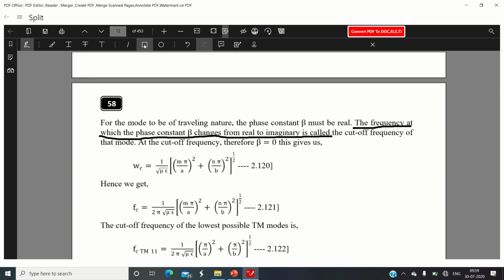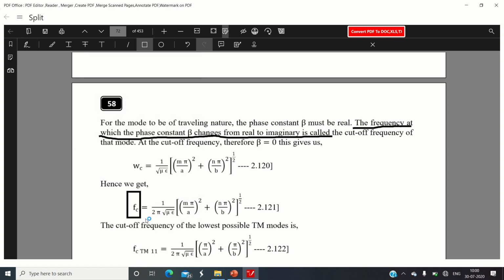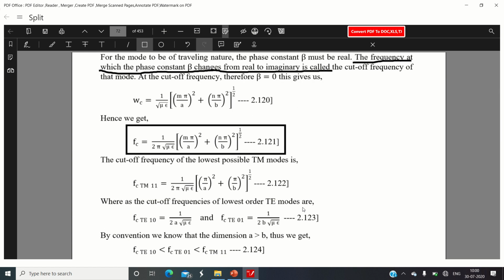So here we get a very important equation of the cutoff frequency, that is fc is equal to 1 upon 2 pi square root of mu epsilon, times the square root of (m pi by a) whole square plus (n pi by b) whole square. This is a very important equation, and this is a generalized equation for the cutoff frequency of the waveguide, which is common for both the modes of the rectangular waveguide, that is TM mode as well as TE mode. Okay, so in the case of TM mode, what we know is